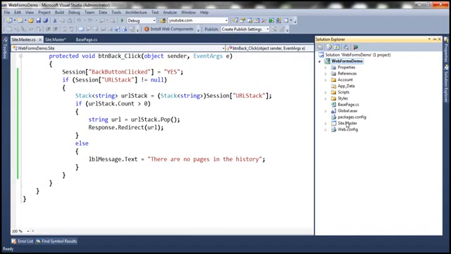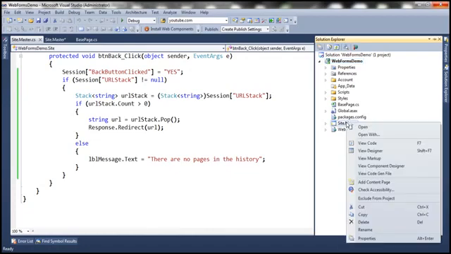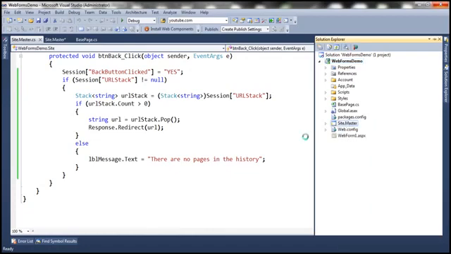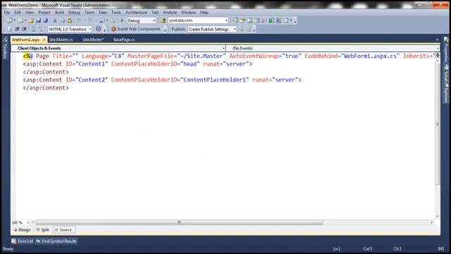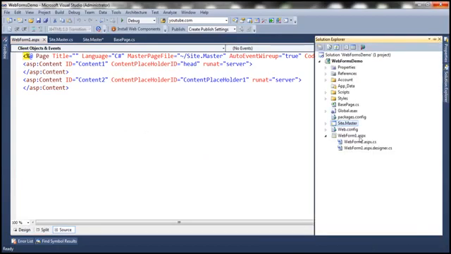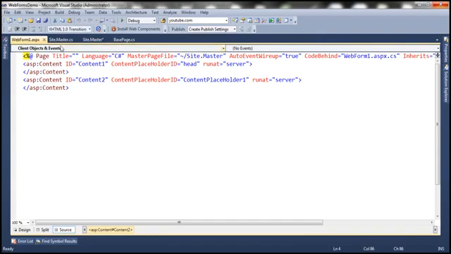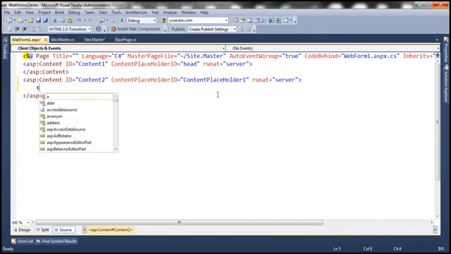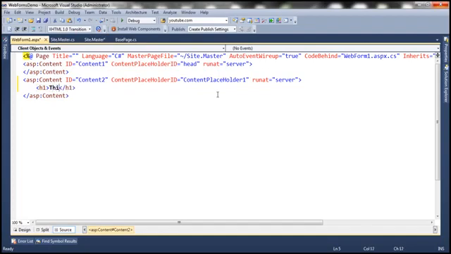Now the next step is to add content pages. Let's go ahead and add 4 content pages. So right click on the master page, add content page, and by default we are going to get the name as webform1.aspx. And then what I'm going to do here is on the ASPX page itself, I'm going to include an h1 and just say this is